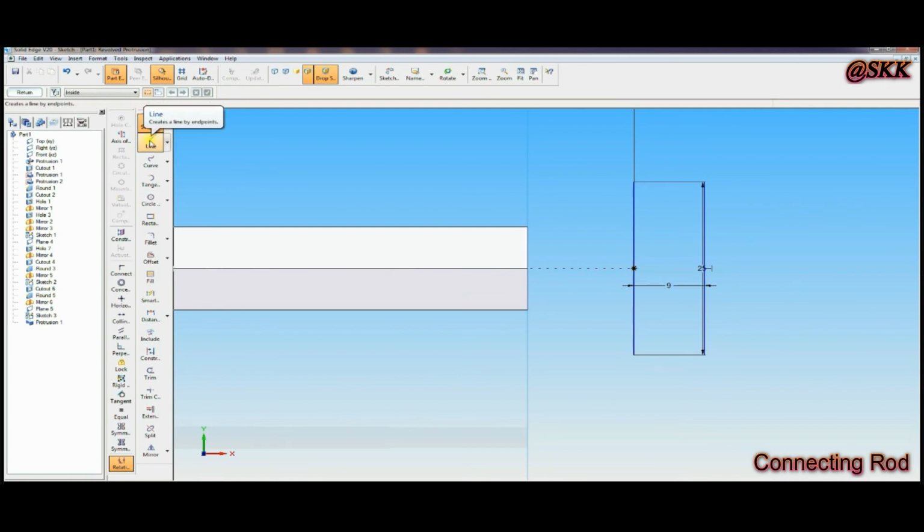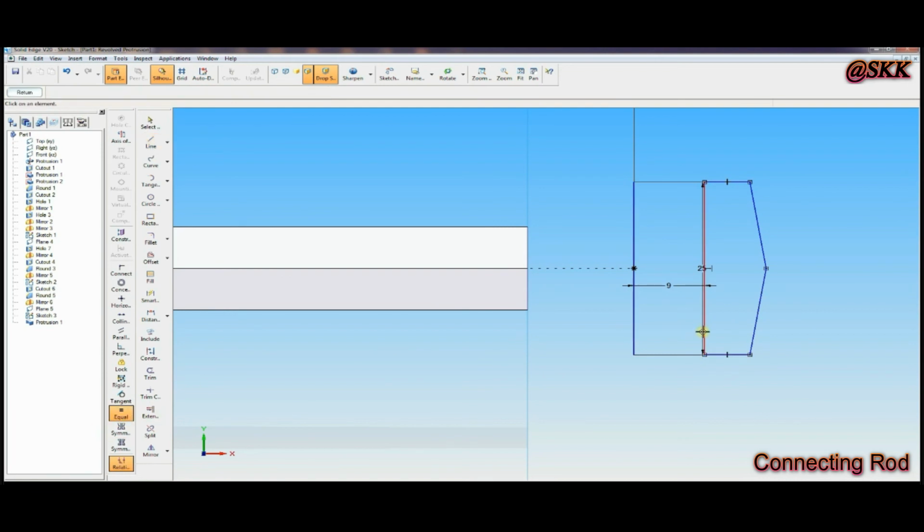Now simply you have to draw the profile here, the same profile that you want to get, a simple profile, that inclined line, the same center like this inclined, then like this total line you can see, like this profile you have to draw without dimension.